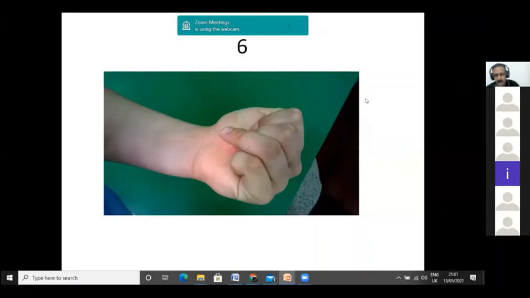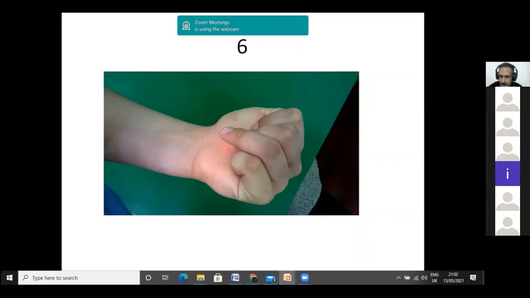Okay, Shyam, what do you do for this patient? Sorry, sir, I have no idea about it. Okay, so what is the problem here? Which tendon is injured? Flexor digitorum profundus. If it is flexor digitorum profundus, you have to first check whether it is injured or not. So how will you test FDP of the ring finger?